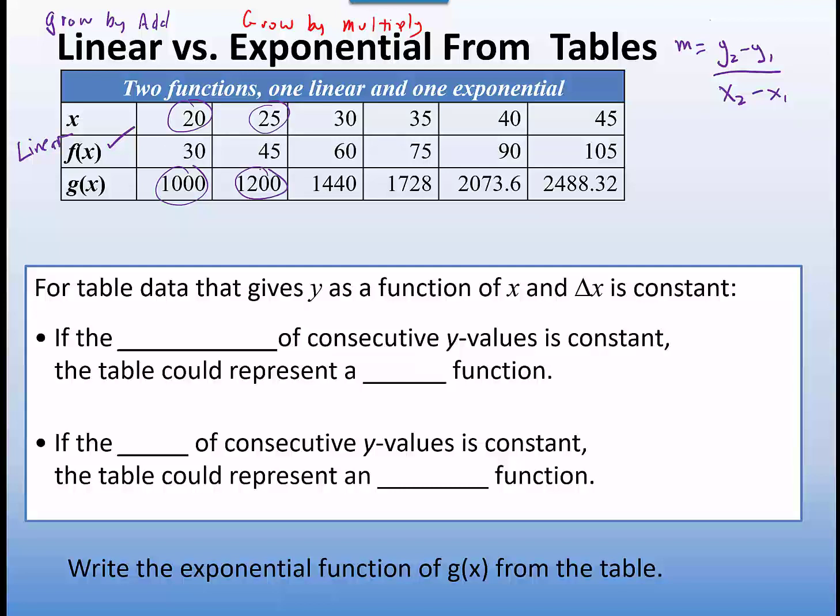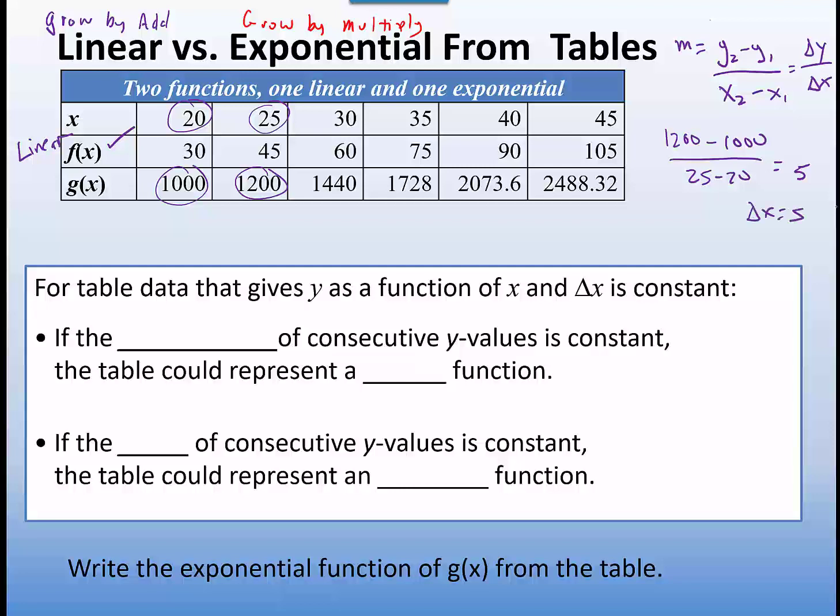So I'm going to shortly go to the shortcut here. So if I did 1,200, that's y2 minus y1 over 25 minus 20. That equals 5. So what we're discovering here is this is called delta y, delta x